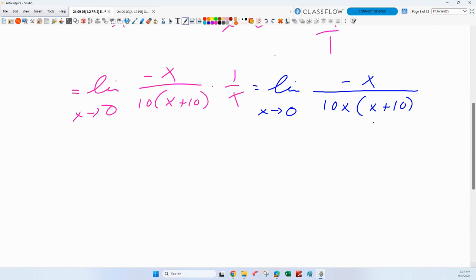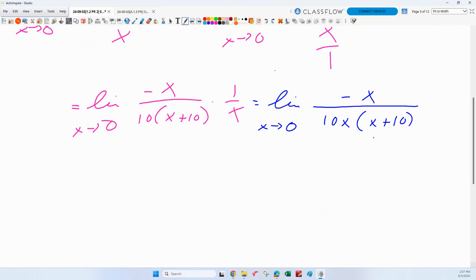Look how much better this looks now. I've got a ratio of polynomial on the top divided by polynomial on the bottom, in factored form, but that's good, right? It's already factored for us. Without even looking at this stuff, if I have this written as polynomial over polynomial,